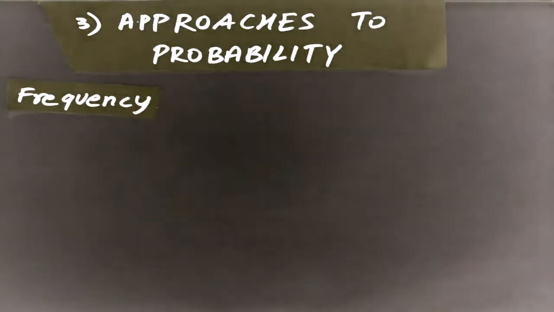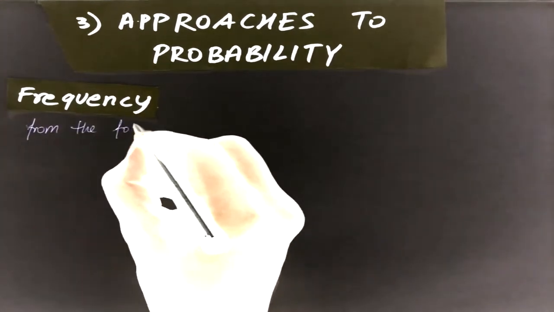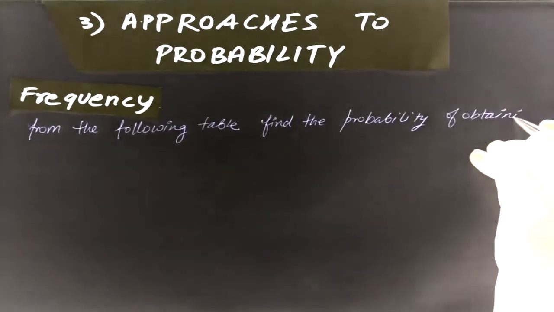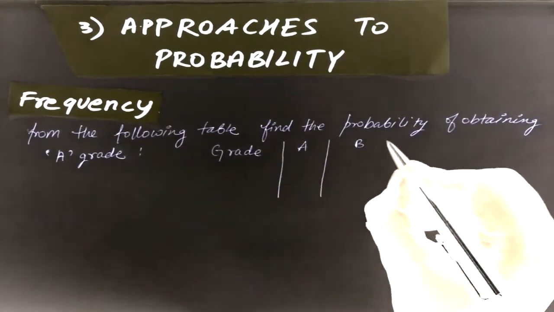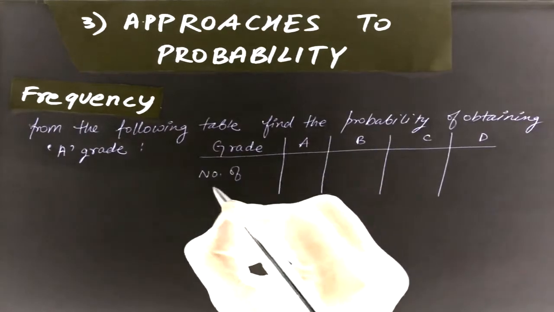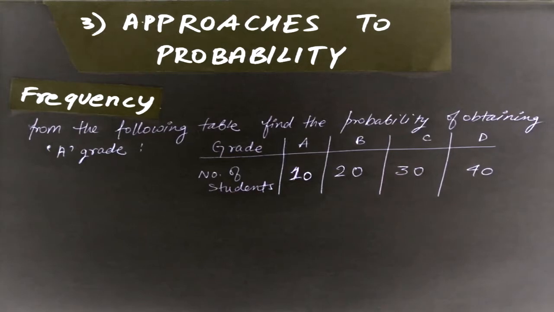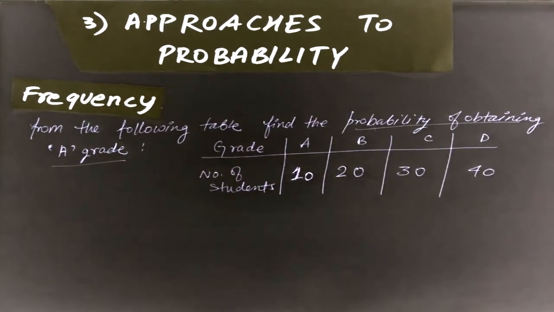Another is the frequency based approach to probability. Let us understand this using an example. This is the following question. From the following table, find the probability of obtaining A grade. Now we need to find the probability of obtaining A grade. So by using the frequency approach,